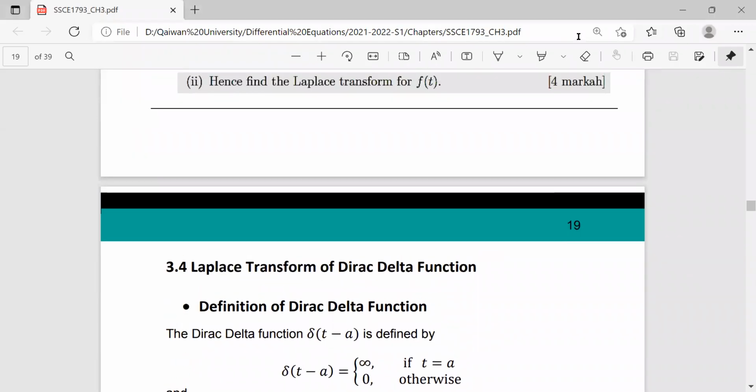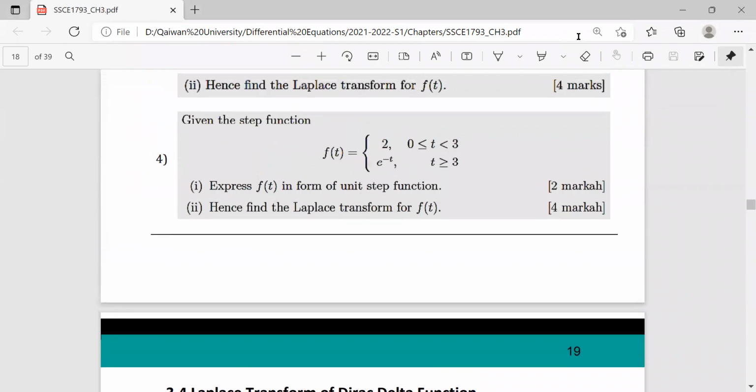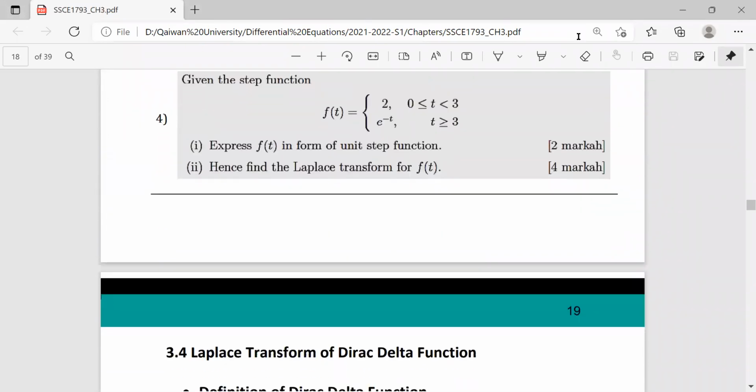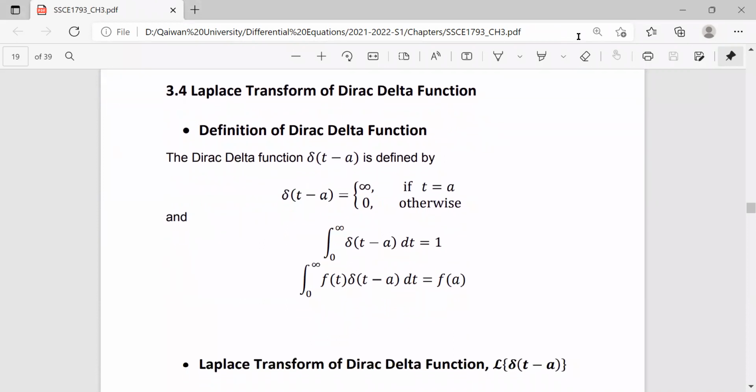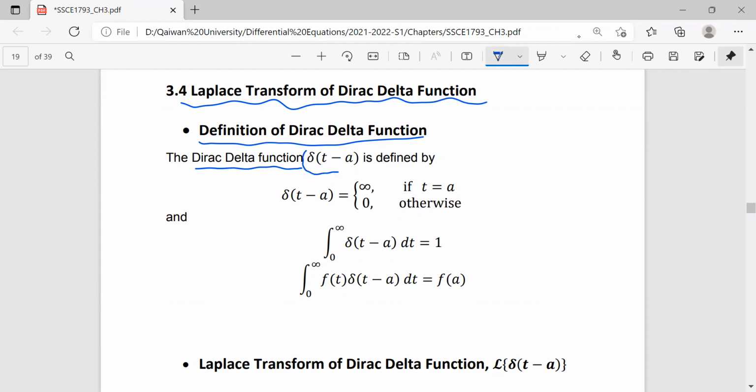In the previous lecture, we finished the unit step function and also the Heaviside function. We now have the Laplace transform of the Dirac-Delta function. Definition of the Dirac-Delta function: we say the Dirac-Delta function delta of t minus a is defined by